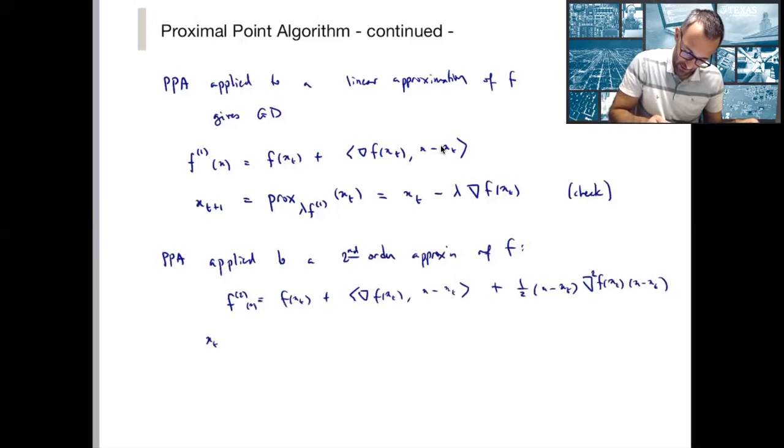If x t plus 1 is equal to prox lambda f2 of x t, this is something that looks like